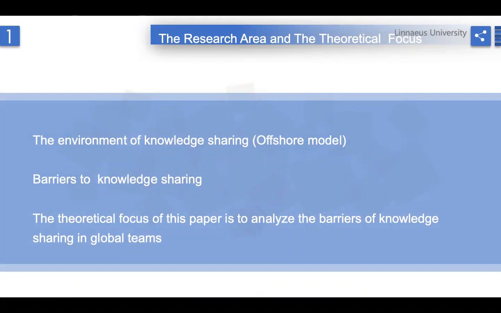At present, while knowledge sharing is becoming more and more popular and in-depth, the barriers involved in it are gradually emerging, and they have a great hindrance to knowledge sharing activities. In order to understand and overcome these barriers to ensure the normal operation of knowledge sharing activities, this article by Madeline starts with the introduction of the offshore model, the environment of knowledge sharing, and barriers to knowledge sharing. The factors were analyzed, and on this basis, a series of countermeasures to overcome them have been proposed accordingly.